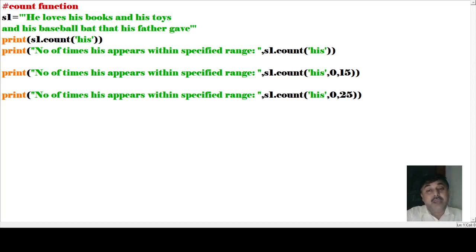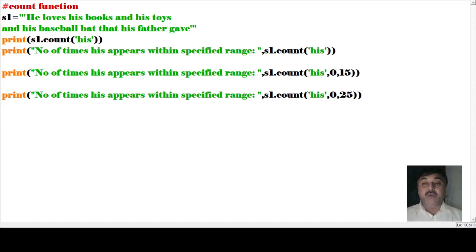Okay, we have taken one data where we have a combination of many words, and the words have been framed into one sentence. So from this sentence, first we are taking out from the total sentence how many 'his' there are. So that we have counted. Next we have found from 15, that means the 0 to 15th position, that means up to the 14th position, how many 'his' there are, you find it out. This is the pattern that you can see, that you can implement and work on.